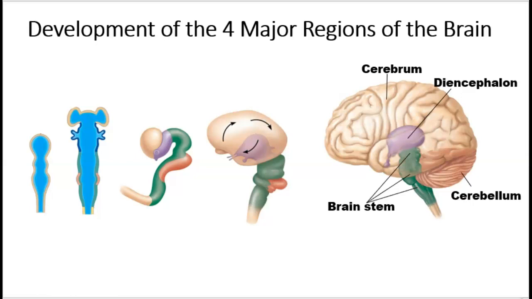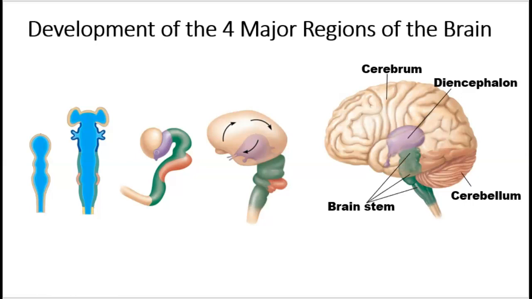The average adult brain weighs about 3 pounds, and it's the size of both of your fists together. It forms from a hollow tube called the neural tube, which develops by embryonic week 4. So the picture on the left shows a blue tube with some outpocketings, and that blue area is hollow, or space. As the brain develops, and it continues to develop in the fetus, the neural tube folds and forms outpocketings